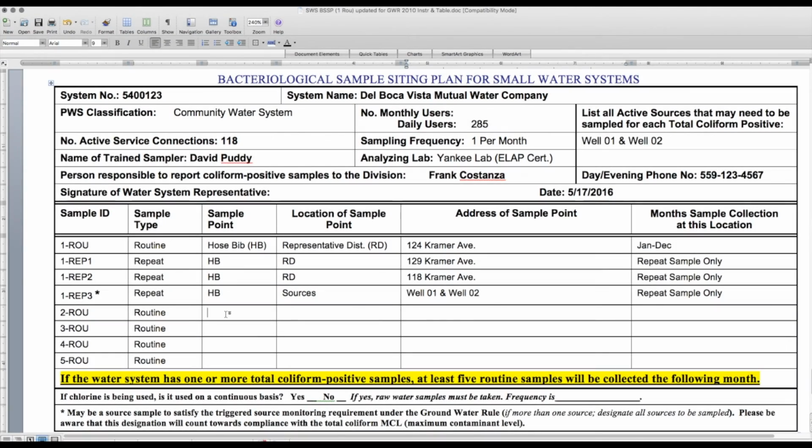Now that we have identified our first routine sample point and its corresponding repeat sample points, we need to identify our second, third, fourth, and fifth routine sample points. These sample points should be located throughout the distribution system as an adequate representation of the entire distribution system. In the event of a positive distribution sample, the water system must collect samples from 1 through 5 ROU the